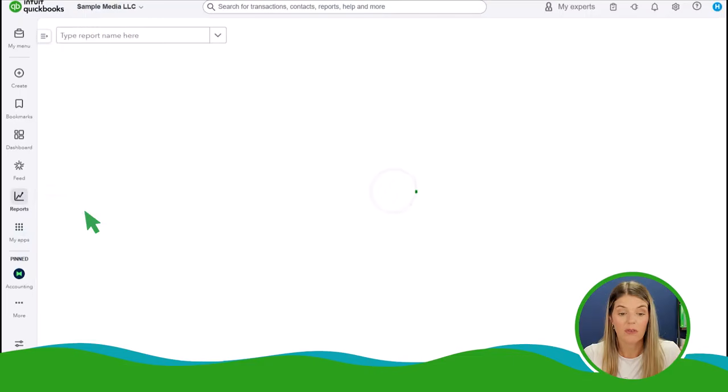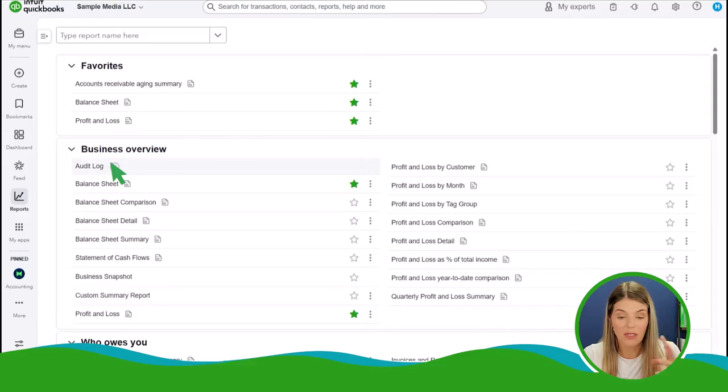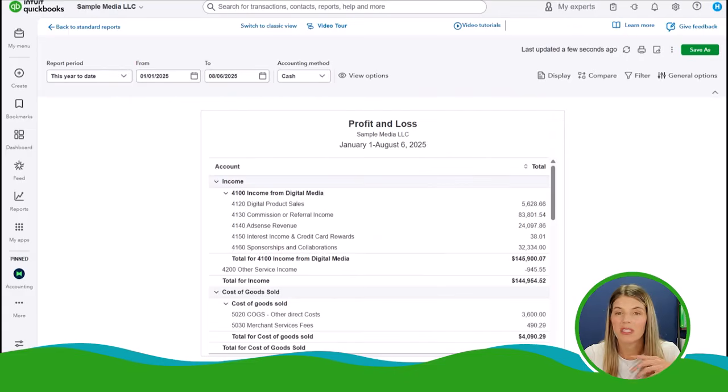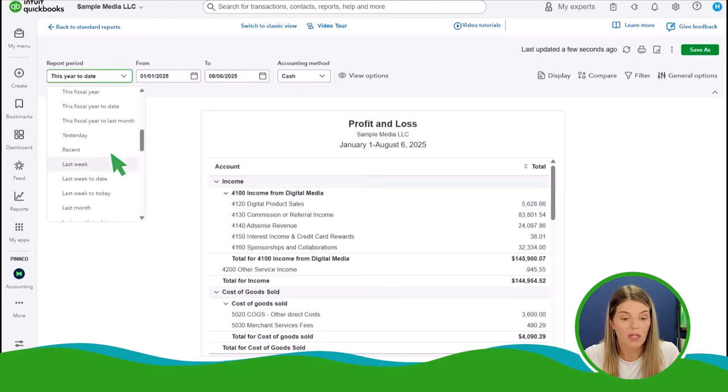So I'm going to go over to reports, and we're going to look at the profit and loss and see if anything's standing out, like maybe it's in the wrong category. If something got put to uncategorized, or if it's just sitting somewhere where it shouldn't be sitting, if it's sitting in a top level, based on the preferences of the users of the financial statements, you might want to do a high-level review. So you're going to want to run this for last month,